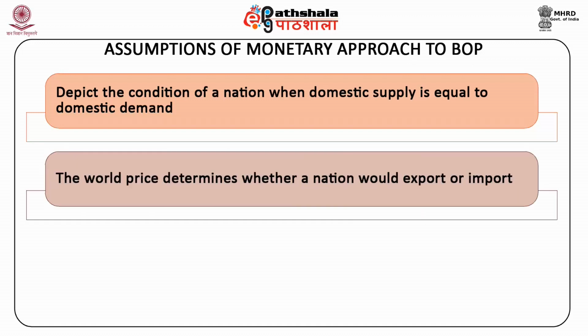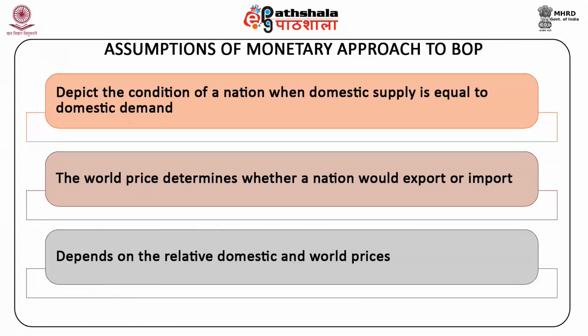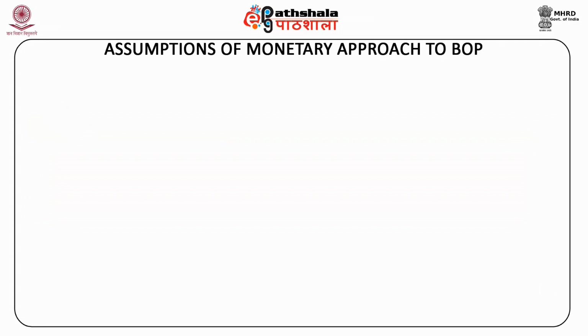The world price level at given domestic trade equilibrium determines whether a nation would export or import the commodity. This depends on the relative domestic and world prices. Moving on to the assumptions of the partial equilibrium analysis, the partial equilibrium analysis approach is based on the following